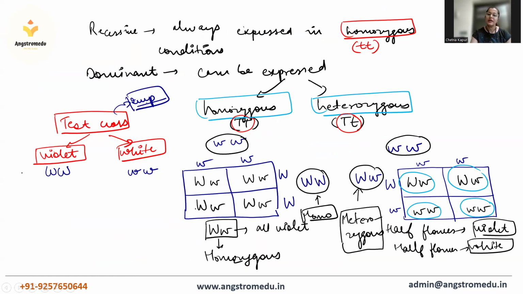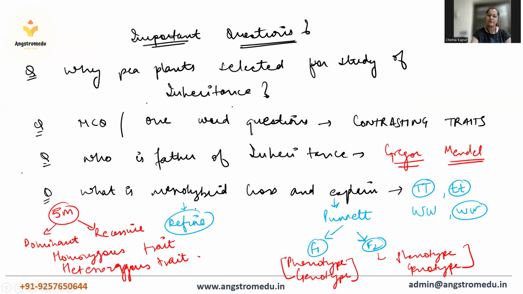You should know what a test cross is by heart. For any example, you can take the example of tall and dwarf. You can take the example of violet and white flowers. So an example can be taken from those 7 contrasting traits. And after that, we have this